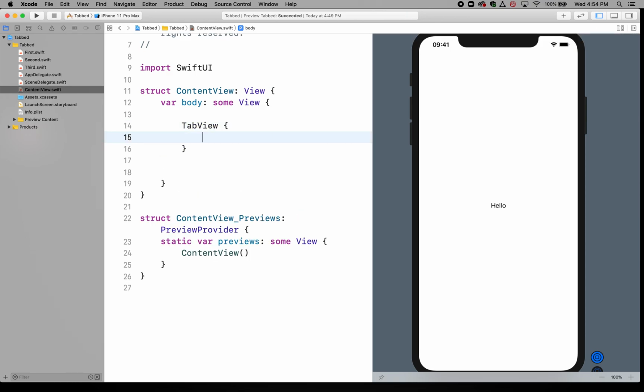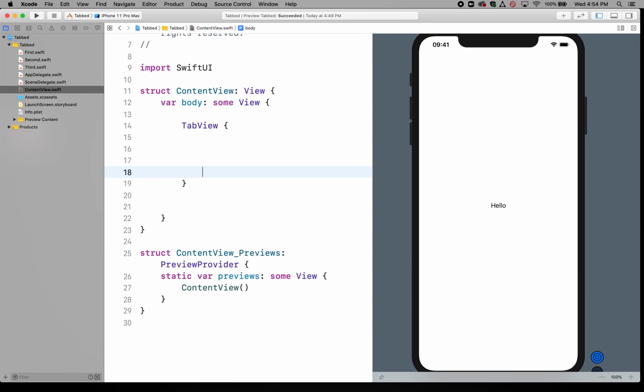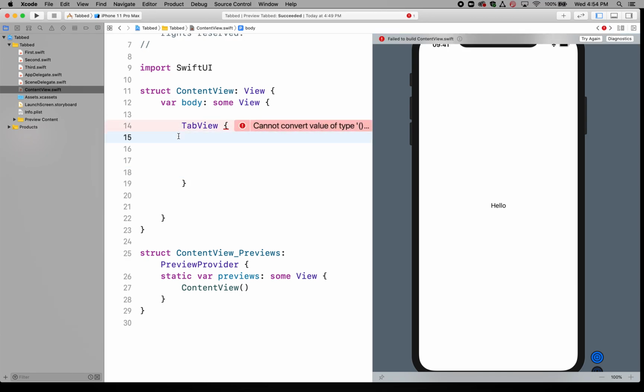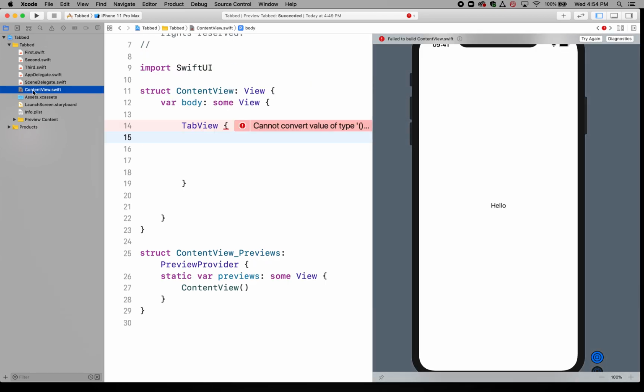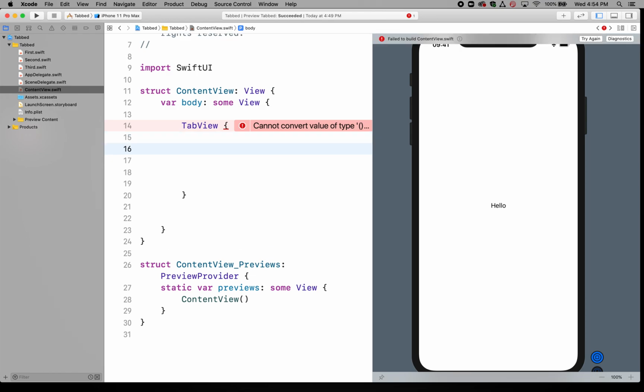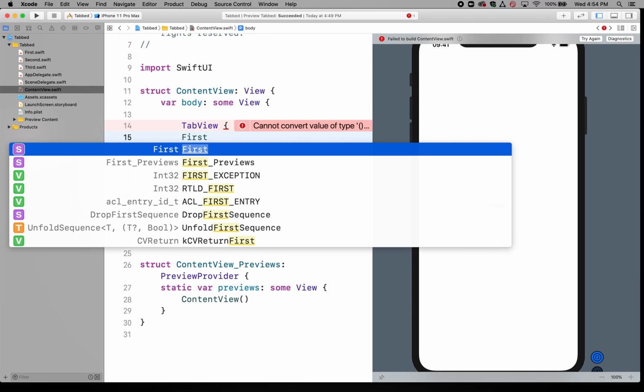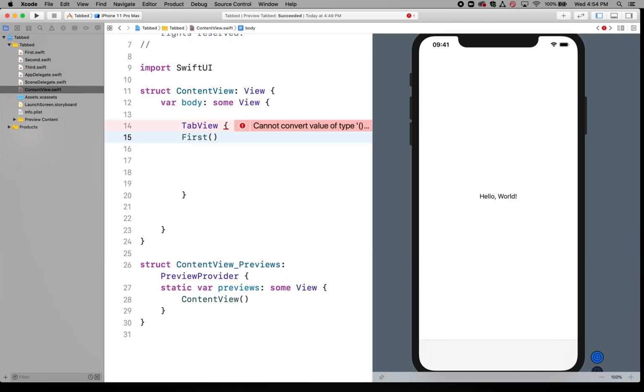So I'm going to say tab view, and we're going to go in and create a tab. So the first page, let's just pretend that my first page is all coded. I got nice images and everything else. I just have text here, but you'll see the point. Let's go back, and I want to tell it, hey, I want you to pull up my first actual page. So in order to do that, remember we've done this a couple times, just say the name of the actual file. So mine is first,